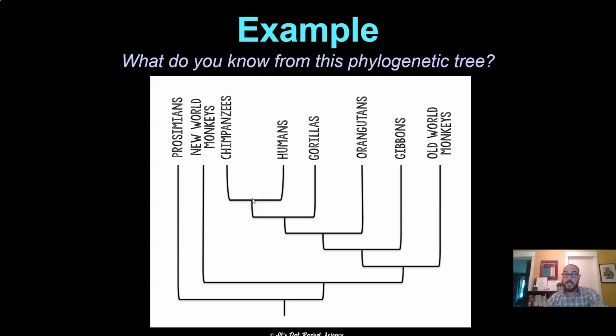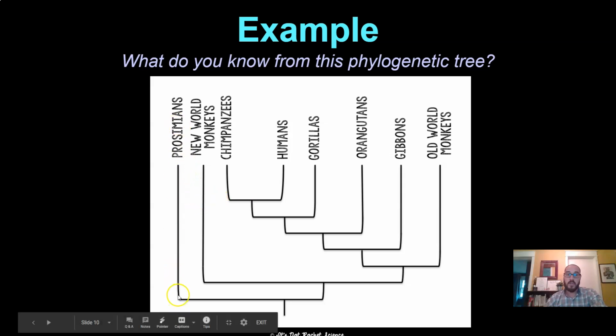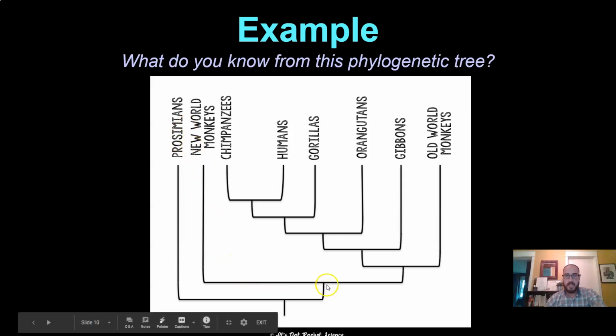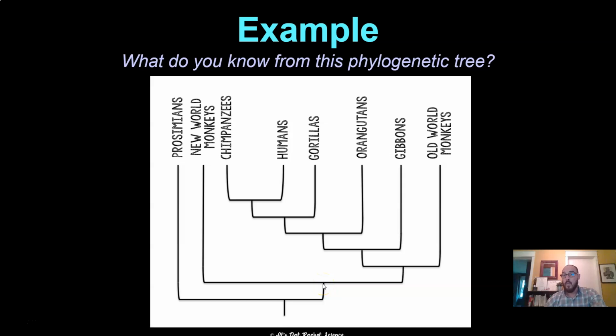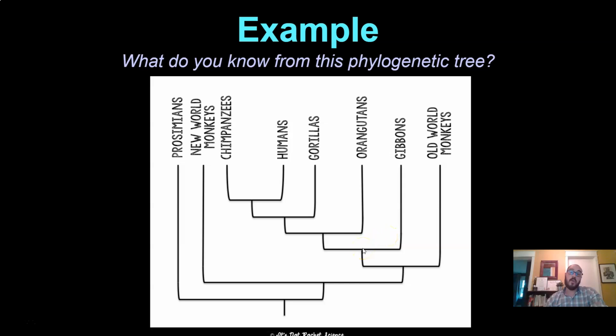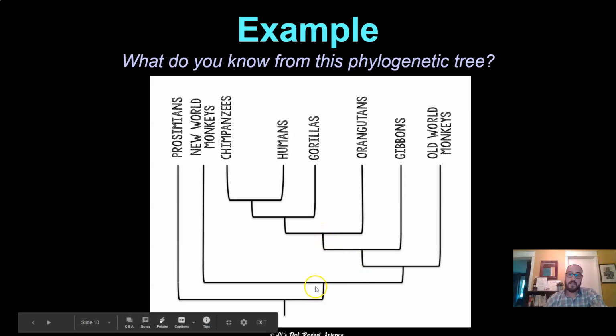Which organisms are most closely related to prosimians? Well, you see who diverged first, and that's going to be our New World monkeys are going to be the most closely related to prosimians. Okay, you could say which group maybe is the least, let's see, if we said of our Old World monkeys or ape group, who is the least like the prosimians. So you can do all kinds of different stuff looking at these.